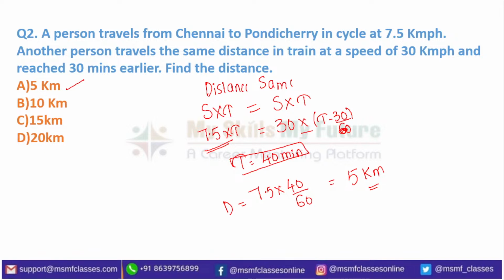Here the key point is that the distance traveled by cycle and the distance traveled by train will be equal in both cases. That's why I'm taking speed into time on the LHS, and at the same time speed into time on the RHS also. Okay, it's clear. Next one,